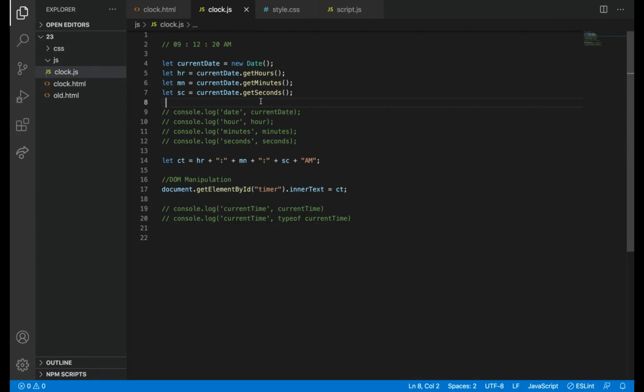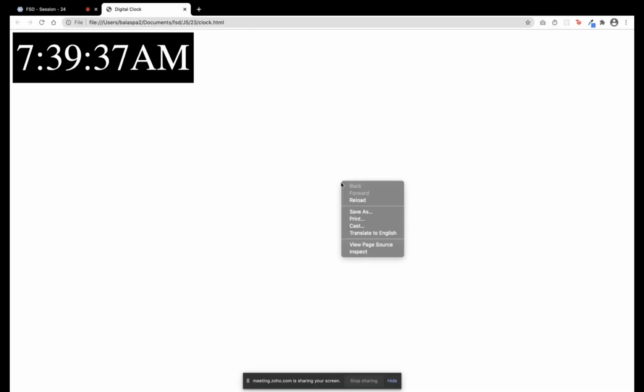What we were trying to do is we got the hours, minutes, and seconds from the JavaScript date object, which is already predefined in JavaScript. So while giving new Date, we will get the output as, we can see once, console